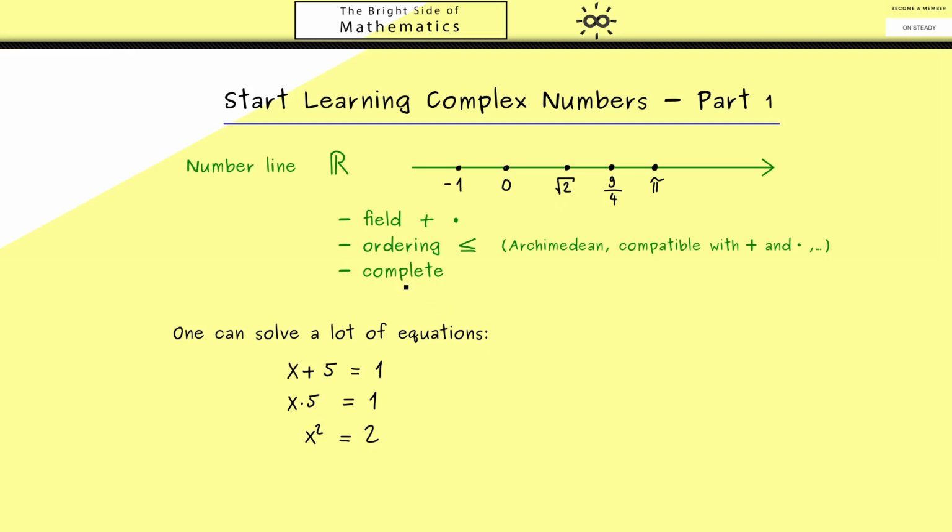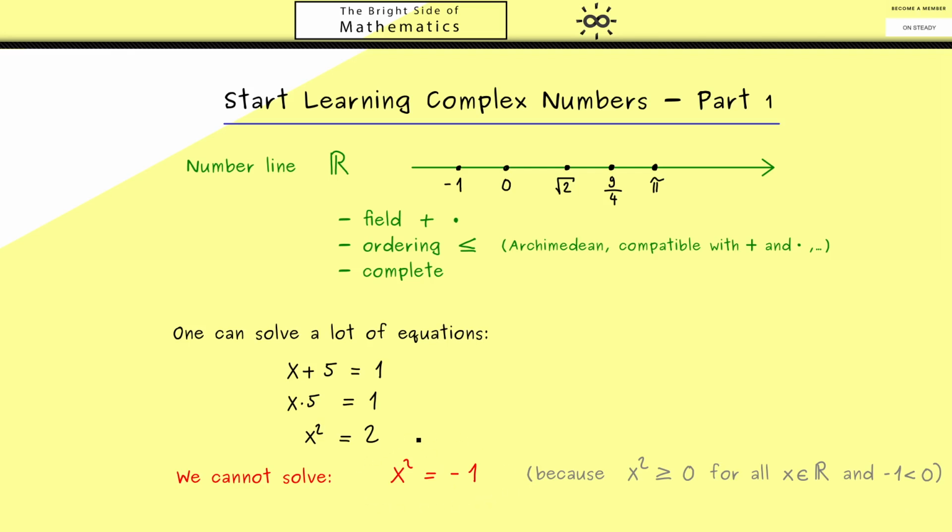However, this does not mean that we are able to solve any quadratic equation. For example, the quadratic equation x squared is equal to minus 1 has no solutions. This is not hard to see because you can show that any square in the real numbers is greater or equal than 0. And we also need that minus 1 is less than 0. Here I can tell you, if you just work with the axioms of the real numbers, it's a good exercise to show both of these things. Then this implies that this simple equation does not have any solution.